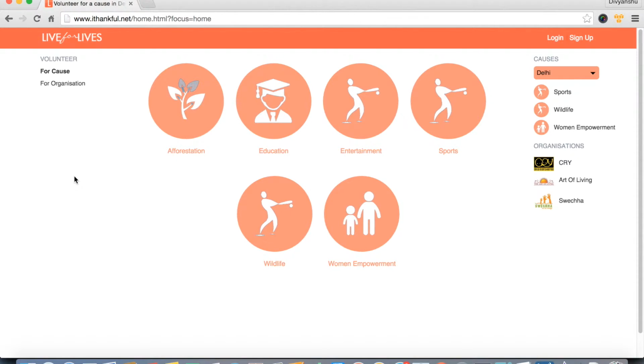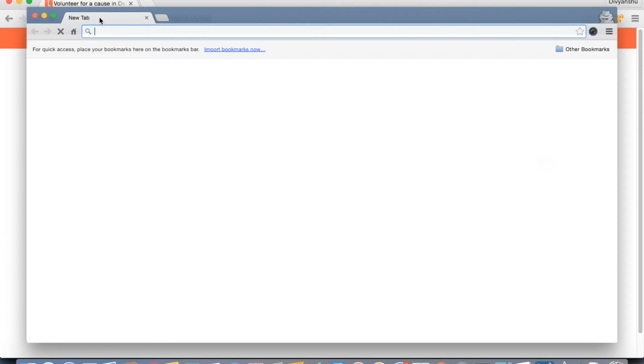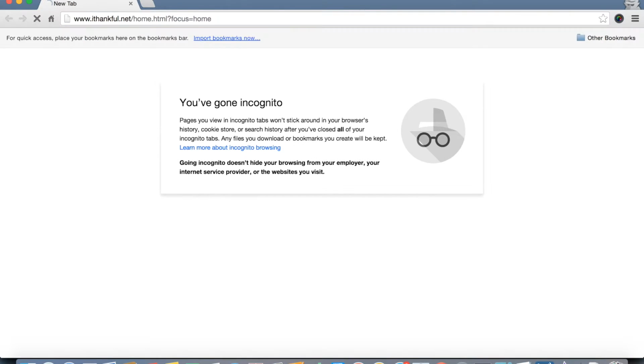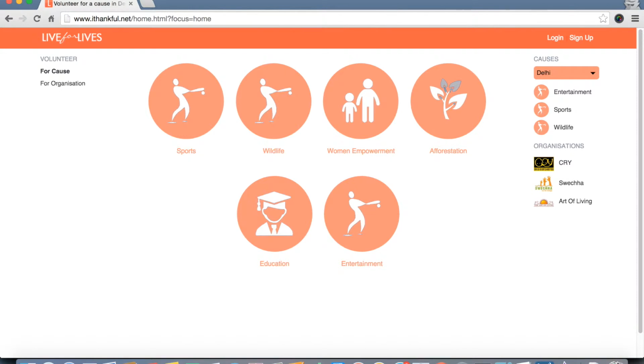In incognito mode of Chrome, no cookie is retained after the browser is closed. So let's open it there to demonstrate. So you can see that it just now detected my city as Delhi and opened the home page for Delhi. Let's go back to the